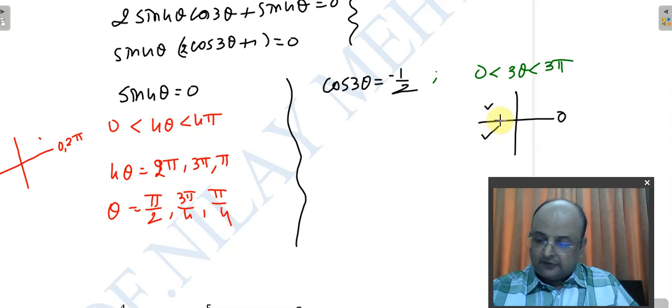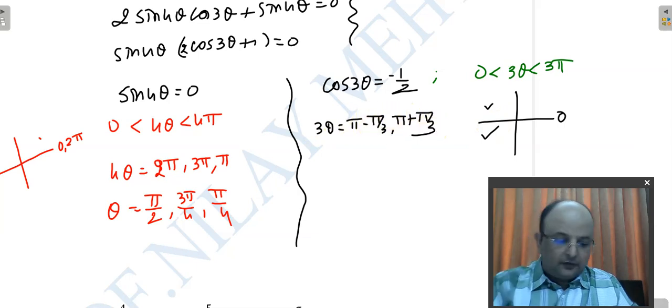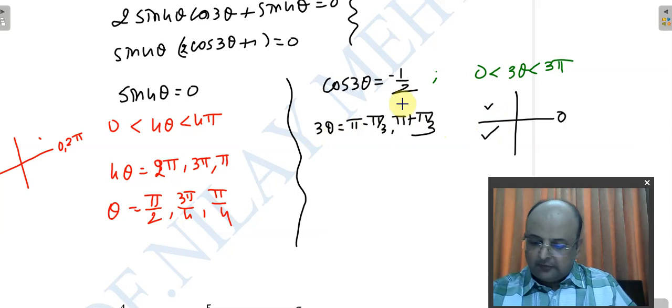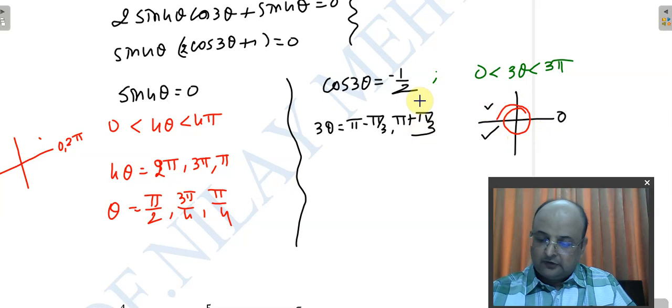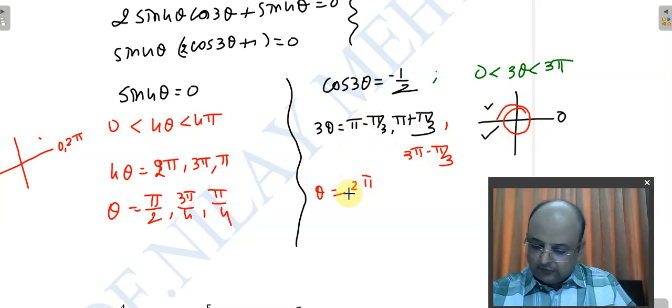Cos theta is negative in these two quadrants if you recall. That is when 3 theta is pi minus pi by 3 or pi plus pi by 3. You got it? Your cos will be minus half because at pi by 3 cos becomes half. For 3 pi, you have to complete this rotation once and then half rotation. So 3 pi minus pi by 3 also will give me minus half. So theta will be pi minus pi by 3, which is 2 pi by 3, so 2 pi by 9 because I have to divide by 3 also. 4 pi by 3 by 3, that is 4 pi by 9. 9 minus 1, that is 8 pi by 3, that is 8 pi by 9.